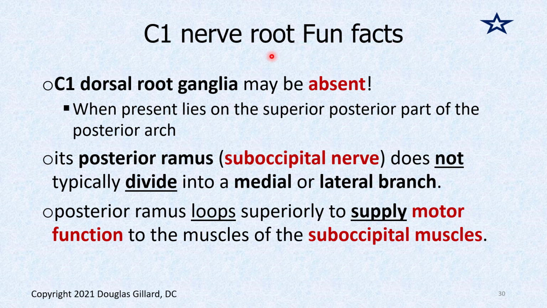Just some fun facts about the C1 nerve root. We already said that the dorsal root ganglion may be absent. In the drawing we looked at, it was completely absent. The posterior ramus is the suboccipital nerve, which is motor, which is very strange. And sometimes that posterior ramus doesn't split into a medial branch or lateral branch, like most do. And the posterior ramus can loop superiorly to supply motor function to the suboccipital muscles, which is weird because